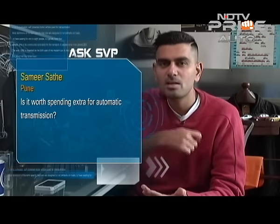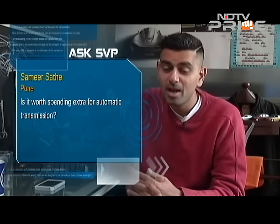On the whole, automatics have gotten much better than they used to be. The price differences have come down too. And to your question, does it make sense to spend the extra money? Well, here's the point that you really have to consider for yourself. Pune, we do know that the city has a lot of really bad bumper-to-bumper traffic. It's haphazard. It's not the best managed traffic in the country for sure. And given that kind of convenience that comes with having an automatic car, to me, it outweighs the manual hands down. So yes, from a personal comfort point of view or from just the convenience of it, I think it is worth spending that extra money,